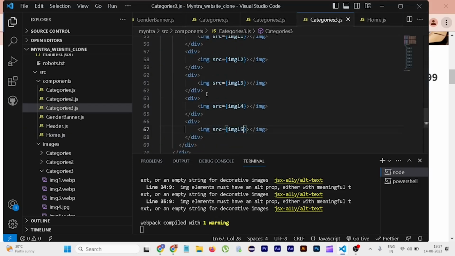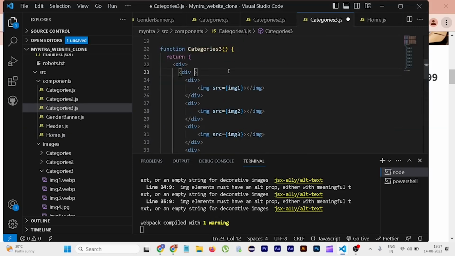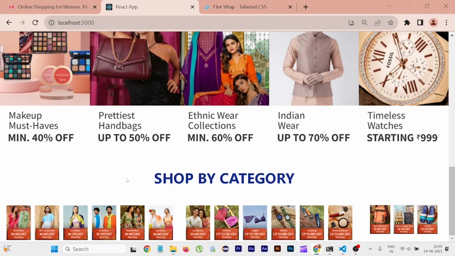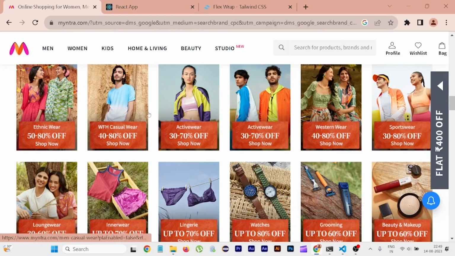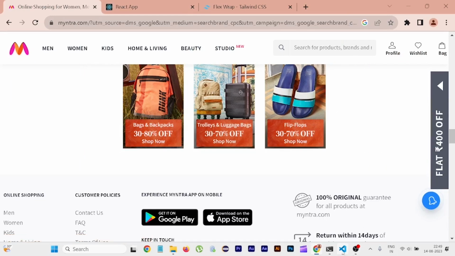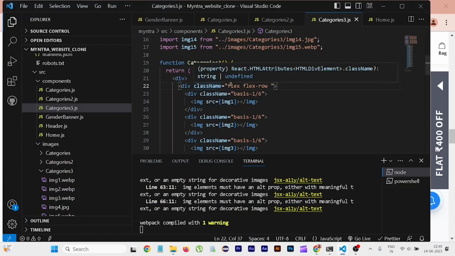Now let me go to category 3 and write this as a flex. As a flex, immediately see. So the 15 images try to stack horizontally. Now, since our shop by category aligns horizontally, it should look like this. So it should accommodate 6 images per row, and the left out images should align in the middle. In order to make that, let us declare our outer div as flex and make it as flex row,